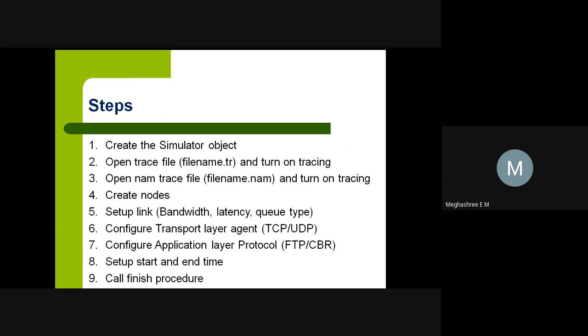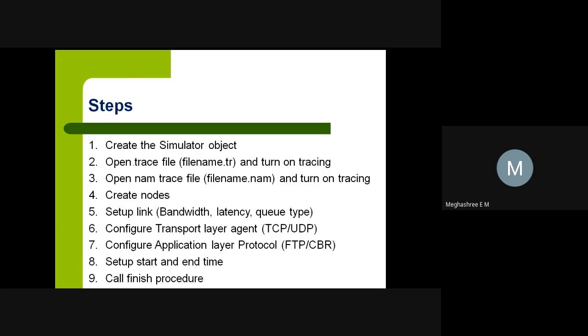These are the important 10 steps you should remember when you write a TCL script. The first one is create the simulator object. Next step is open the trace file. The extension of this file is filename.tr, where the tracing of all the events that occur in the network can be done. Third one is open the NAM trace file,